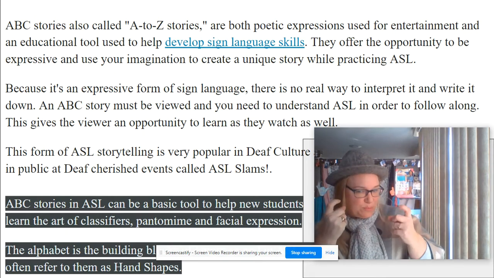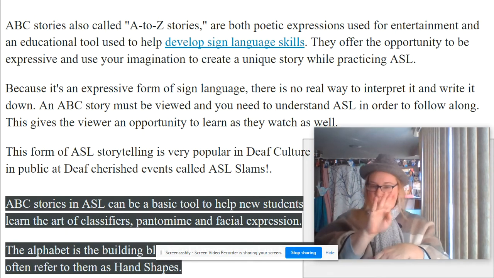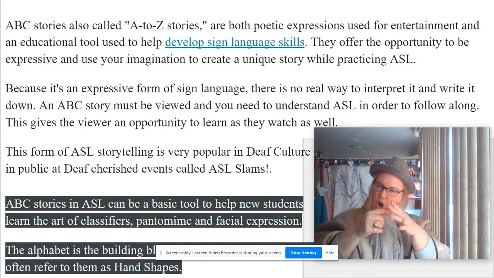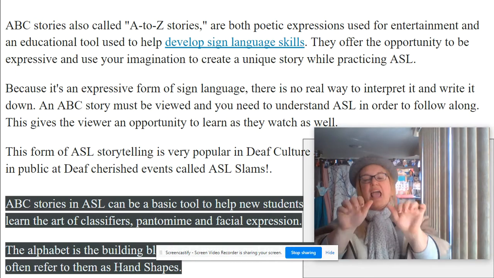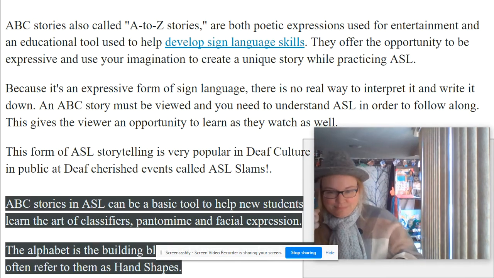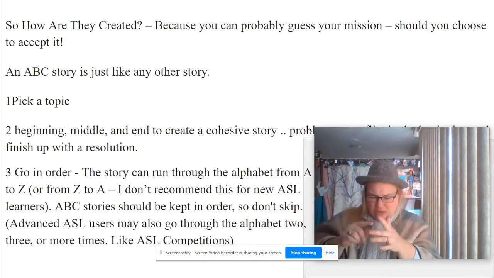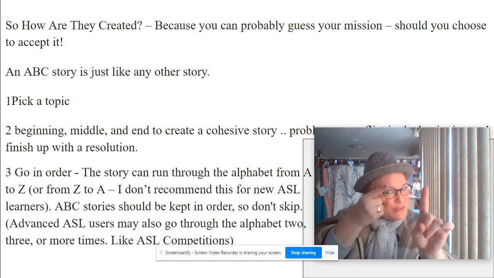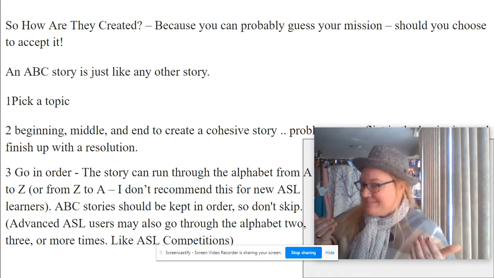It uses the alphabet, and alphabet is usually the building block of most languages. In ASL, we refer to them often as hand shapes, the shape of the hand. Very technical, see? All right, so how do you create an ABC story? Because you can probably guess that that is your mission, should you choose to accept it. All right, an ABC story,